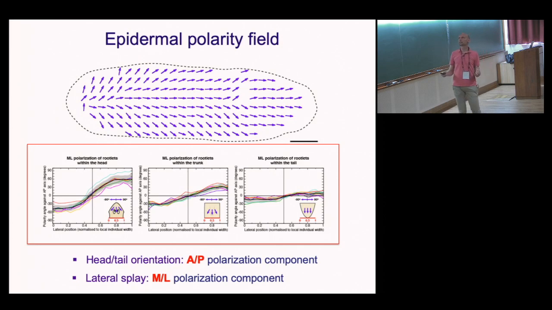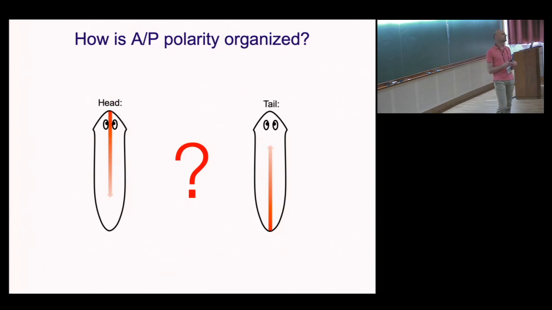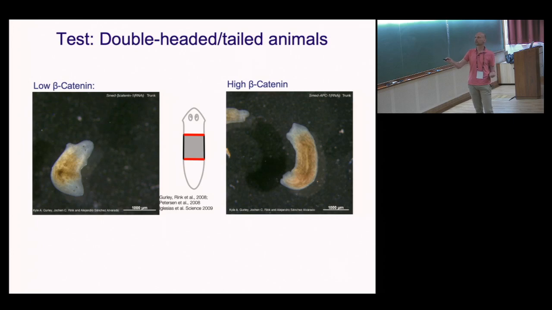Now, having this field raised the question of what actually determines the polarity of the field, or what the cues are that give the orientation to the epidermal polarity field. When you think about this naively, you could think that the head would be orienting this polarity field, but it could just as well be that the tail would have a key role in orienting it. And here, of course, these double-headed or double-tailed animals come in very handy,